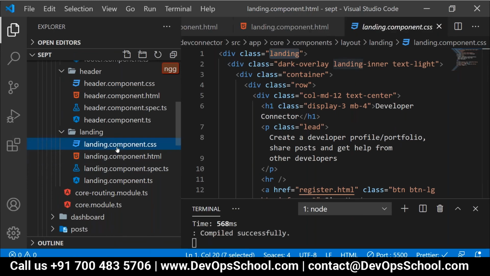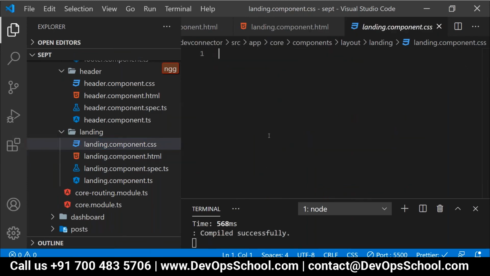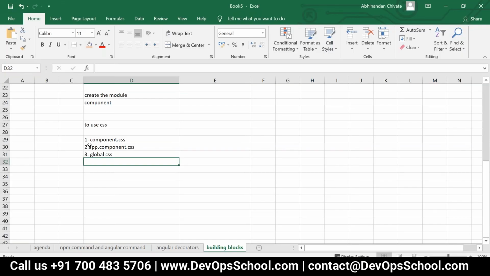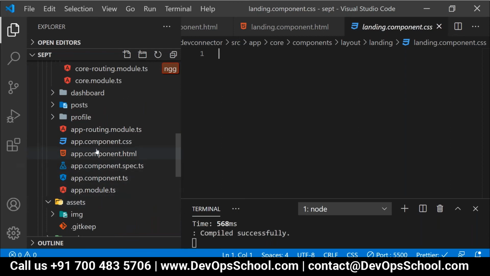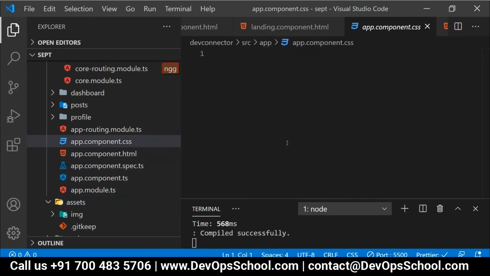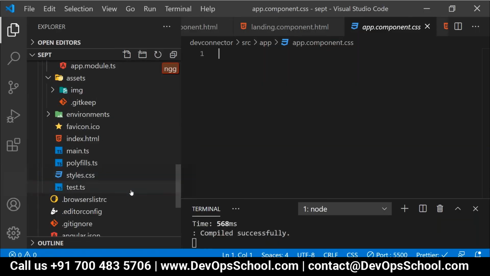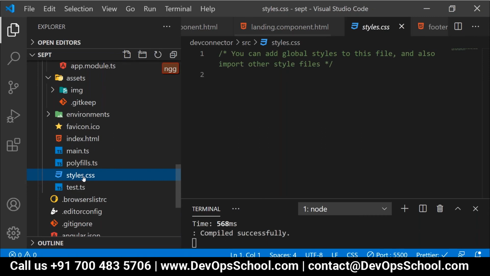People, this is your landing.component.css, that is nothing but, from our discussion, component.css. Second point, can I put it into app.component.css? Third point, the global CSS. Now, to get clarity regarding this global CSS, are you able to use styles.css?